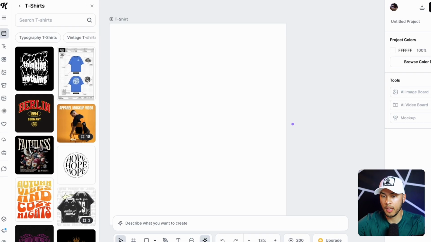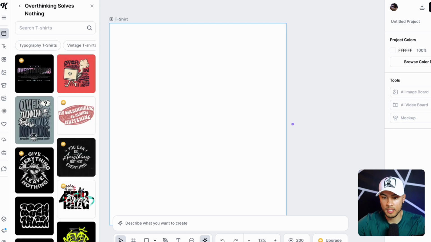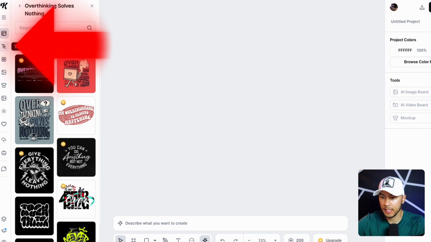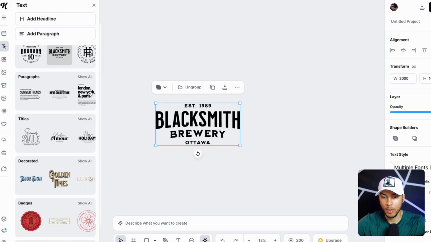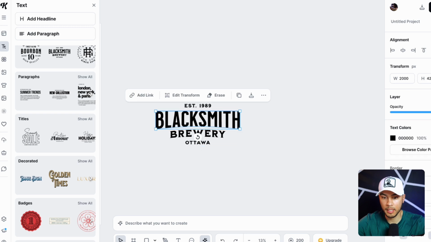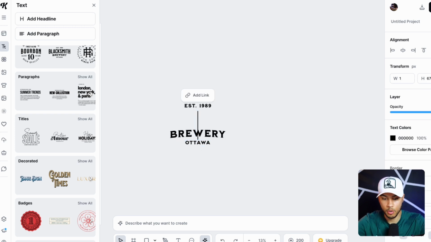With your t-shirt design opened, you can then search for graphics and click it and add it to your design. In the left column, you can also click T, which is text, and then you can add different text styles. Then once you add it to your t-shirt, you can then double click it and then type in your own